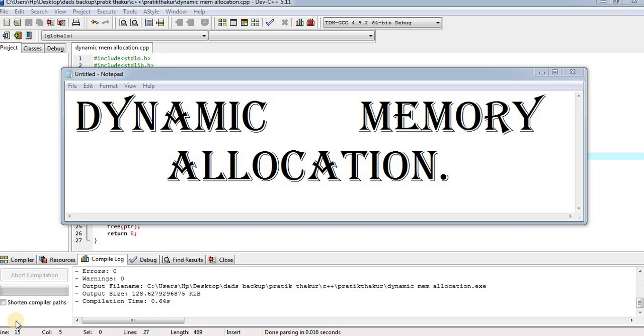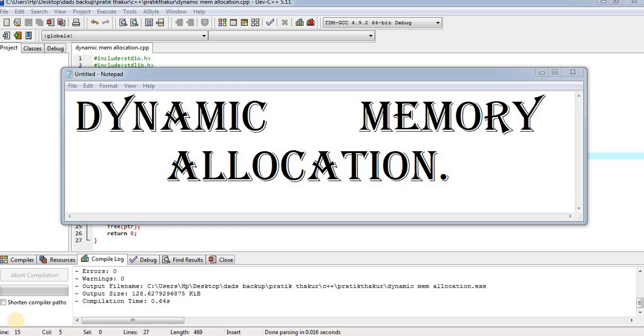So the difference between static and dynamic memory allocation is that in static memory allocation, the memory is allocated at compile time, whereas in dynamic memory allocation it is done at runtime. In static memory allocation, we cannot increase or decrease the size of a variable, but in dynamic memory allocation, we can increase or decrease the size at runtime. In static memory allocation, there is wastage of memory because if we store fewer elements than the maximum size, then memory is wasted. Whereas in dynamic memory allocation, there is no wastage of memory because it can be increased or decreased at the